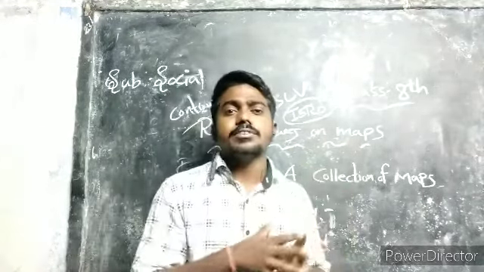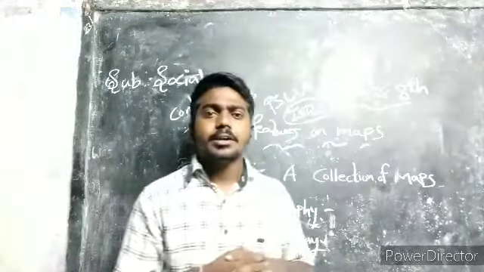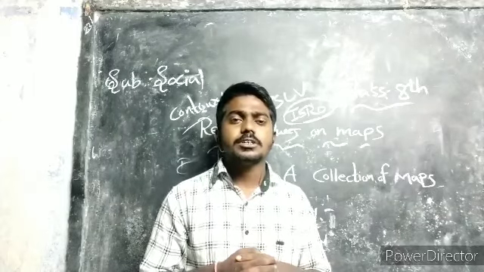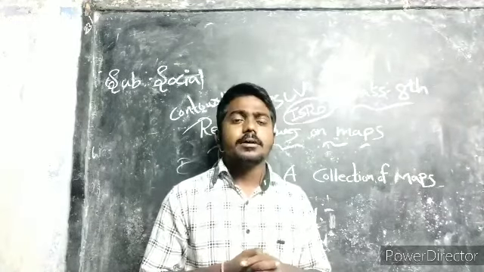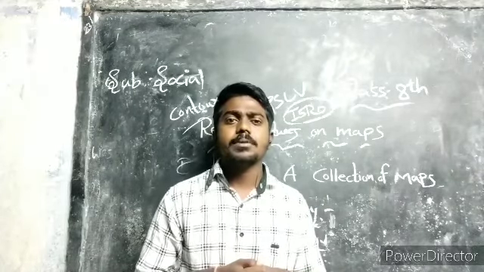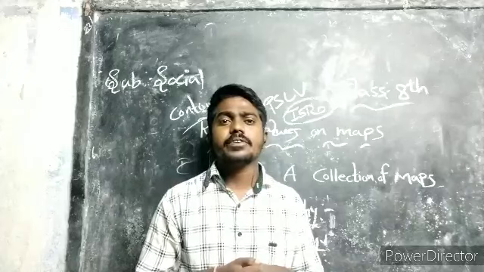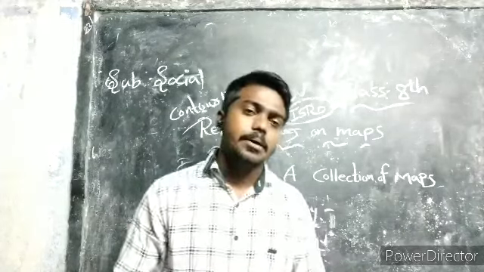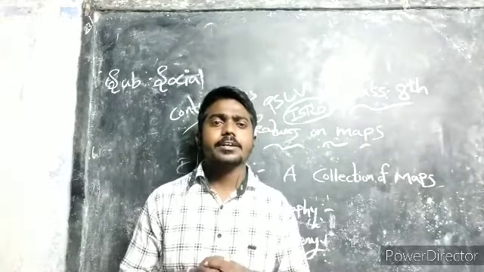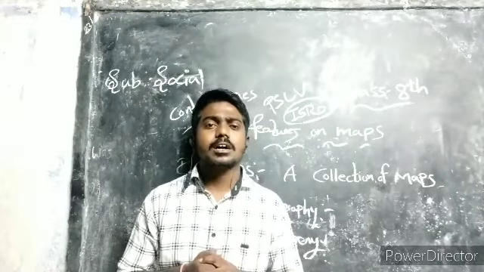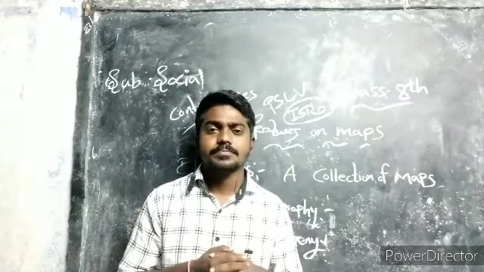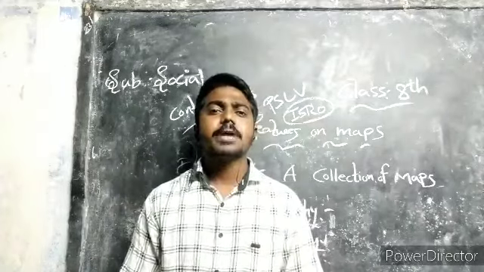Coming to the first part of the lesson, we discussed the difference between a photograph and a map. A map shows real features, but a photograph does not show all of them. For example, the distribution of rainfall can be seen using a map, but a photograph does not show the distribution of rainfall, climate, or the languages spoken by people in that region.